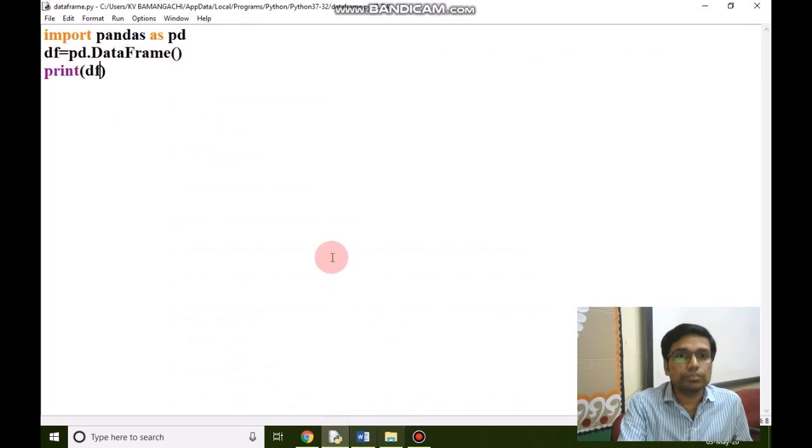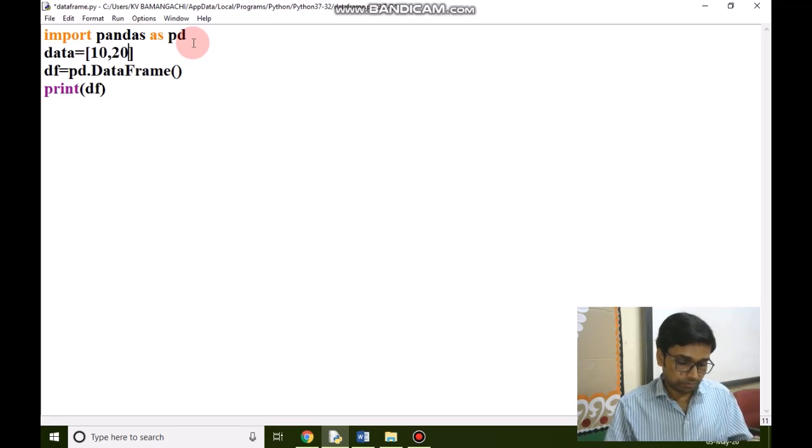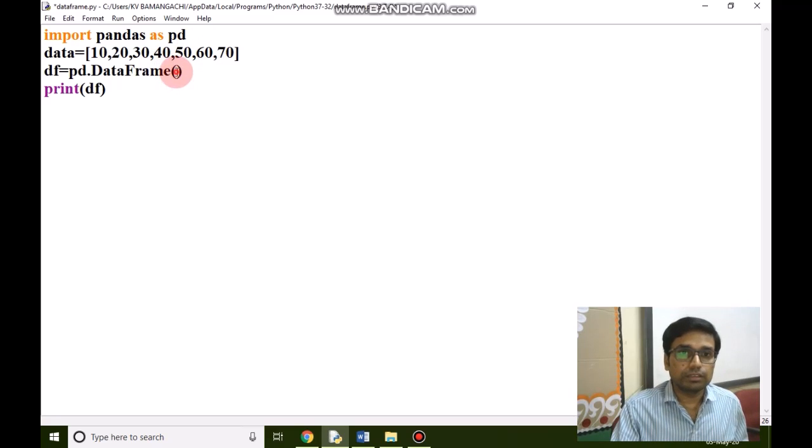So we are giving here data which is a list. We are creating a DataFrame using a list. So I am giving some data. And the list of data is given to the function DataFrame. Now we will print it.